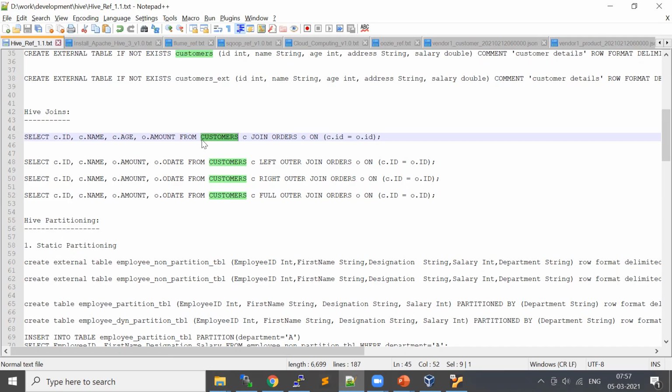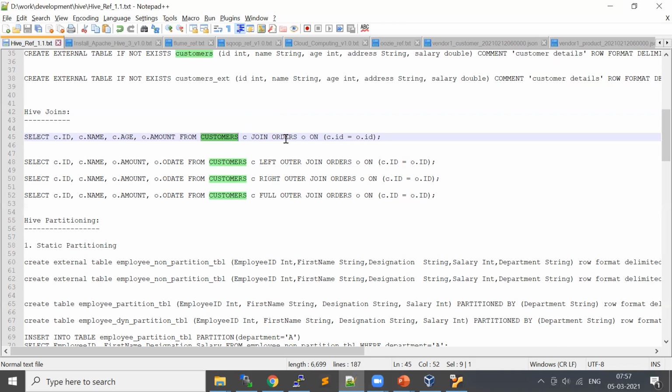You can consider it whichever way. Later, while discussing optimization, we'll discuss that generally the order table should be your left table.